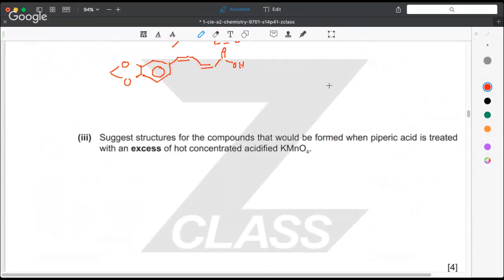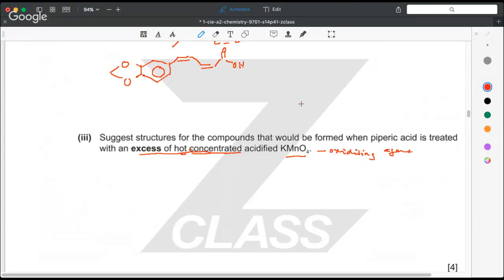Okay, so this is something that always seems to come up in these CIE exams, and there's no other exam syllabus that does this, so they seem to like using it quite a lot. And that's they're saying that when you've got potassium manganate 7, you need to know that's an oxidizing agent. And when you've got it hot and it's concentrated, that's going to be doing a lot of oxidation. And the thing that you need to know is that when you have hot concentrated,